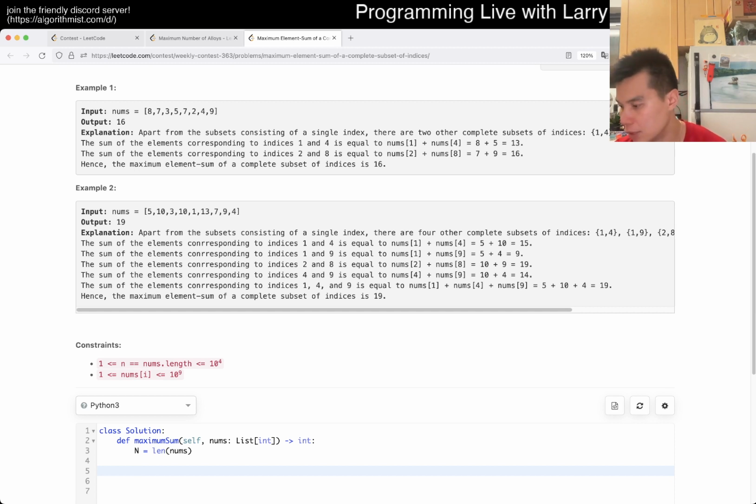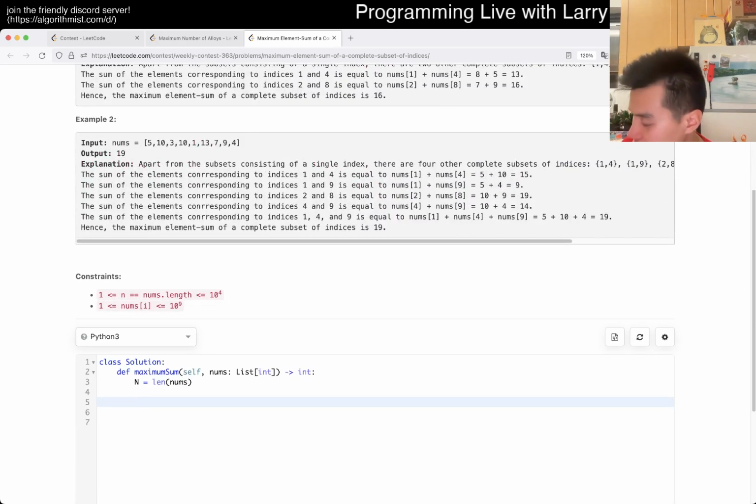So 16 is going to be 1 and 16. But it goes over n, so that's not very helpful. Man, I just don't know. Today is just not a good day, I suppose. 2 and 8, but no 1. Okay, so what does 16 look like? But the thing is, you can't even iterate for that because